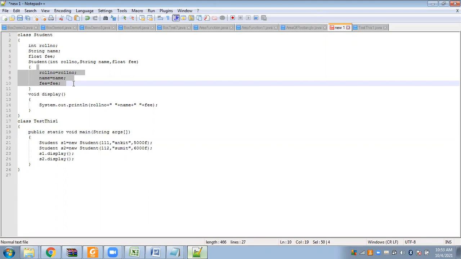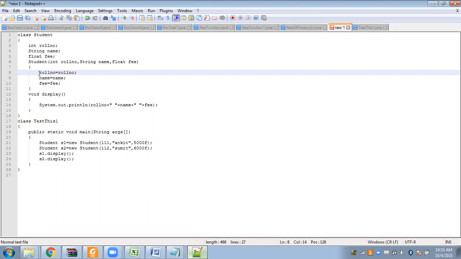It's duplicate. Yes. So of course there might be confusion, like which roll number. If I ask you, in this statement, can you tell me which is the class instance variable and which is the formal argument? You might get confused.